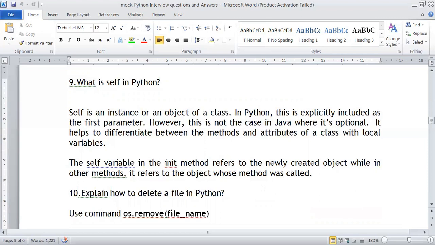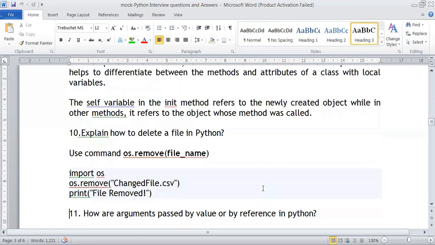The init method should have a self variable. Why is the self variable there? It refers to the newly created object. So self is a must in the init method when we create classes. What is self? Self is the instance of the class. Instance of the class means object. Instance refers to the object. It is the representation of the class.